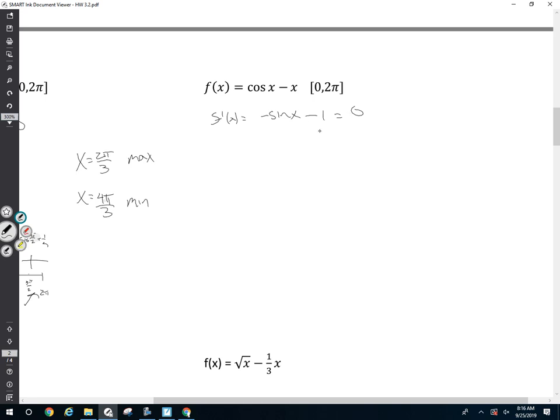I would add 1, but then divide by negative 1. I get sine x is equal to negative 1. What is sine equal to negative 1 between 0 and 2 pi? 3 pi over 2. So I only have one possible max or min between 0 and 2 pi. Now I got a lot of possibilities here. Pi over 2, whatever I want for a test point. I would plug it back into this, negative sine pi minus 1. Sine of pi is 0, 0 minus 1, that's a negative. 3 pi over 2 and 2 pi, I would probably pick